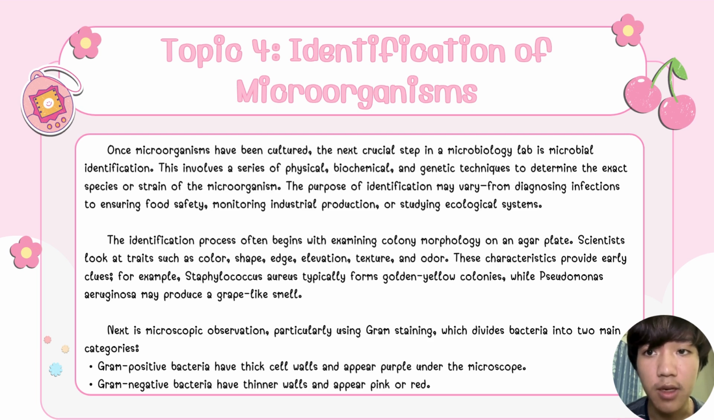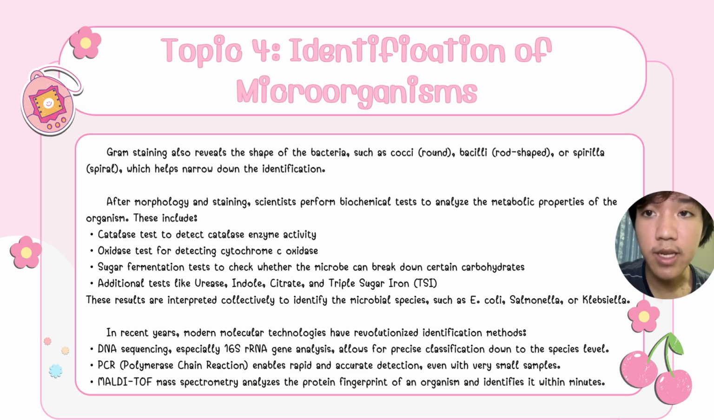Next is microscopic observation, particularly using gram staining, which divides bacteria into two main categories. Gram-positive bacteria have a thick cell wall and appear purple under the microscope. Gram-negative bacteria have a thinner wall and appear pink or red. Gram staining also reveals the shape of the bacteria, such as cocci, bacilli, and spirilla, which helps narrow down the